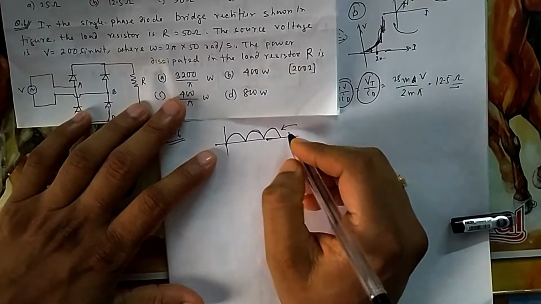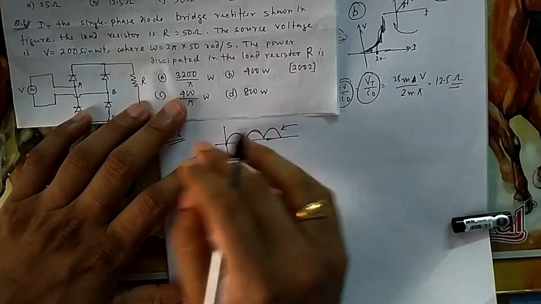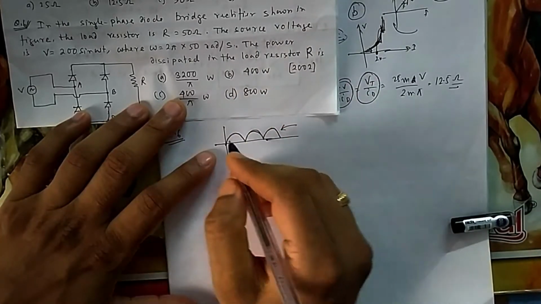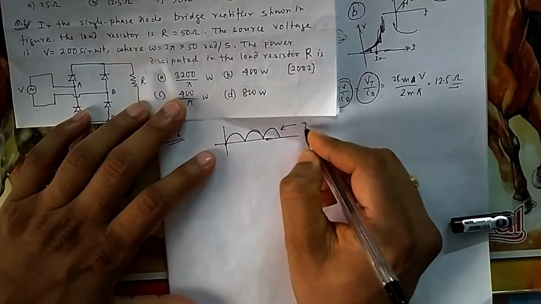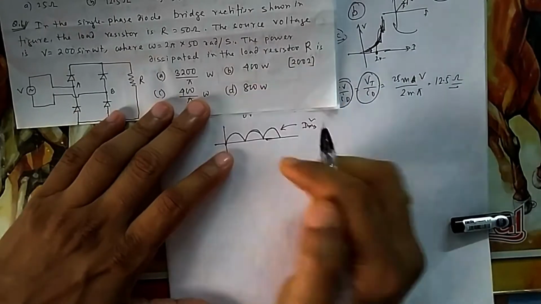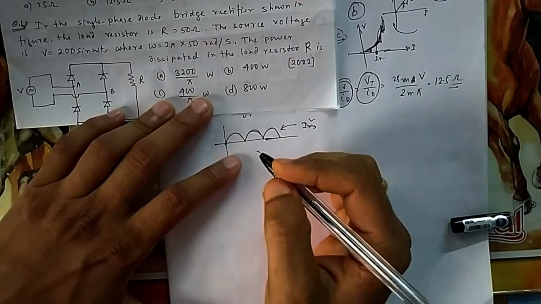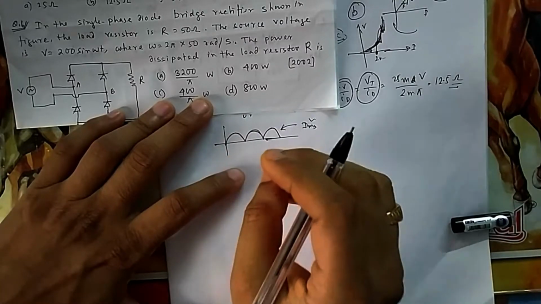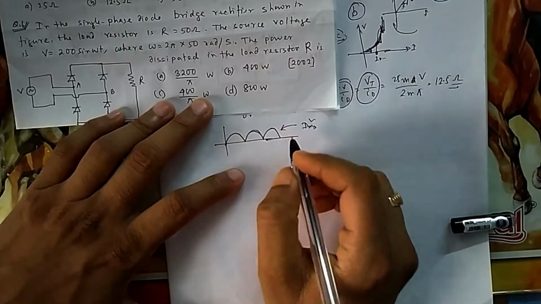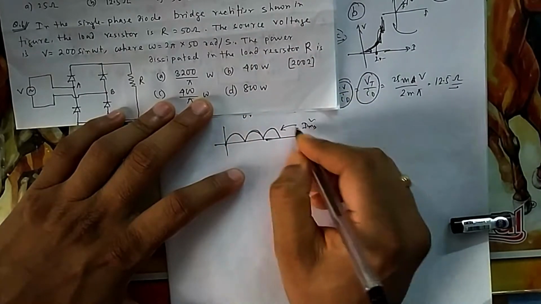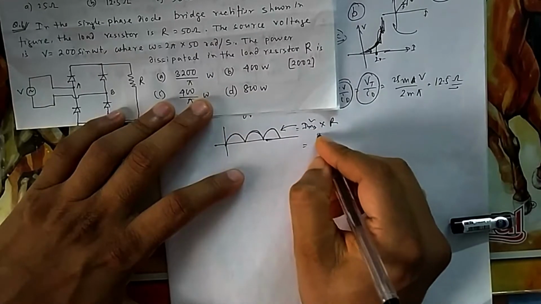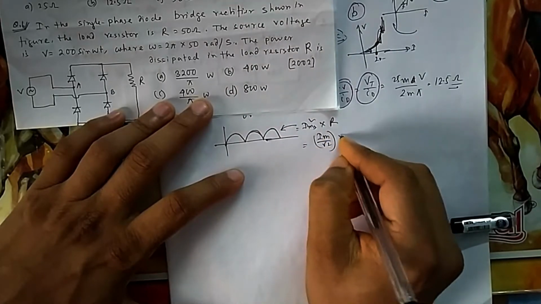For this type of wave shape, if it were a flat DC, then power would simply be the DC value I square R. But because it is not a flat DC, you have to calculate the power using RMS squared, because for AC the effective heating effect is the RMS value. The RMS value is the same amount of current which will produce the same heat as the equivalent DC, the effective DC value. So for power loss, you calculate IRMS square into R. What will IRMS be for a full wave? It is Im by root 2, into R.